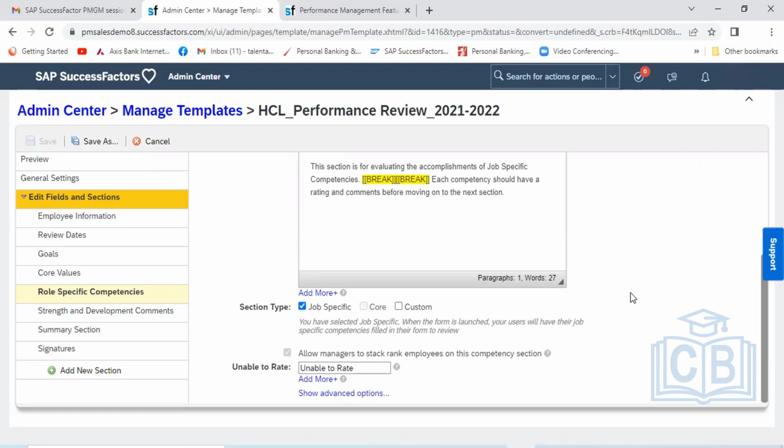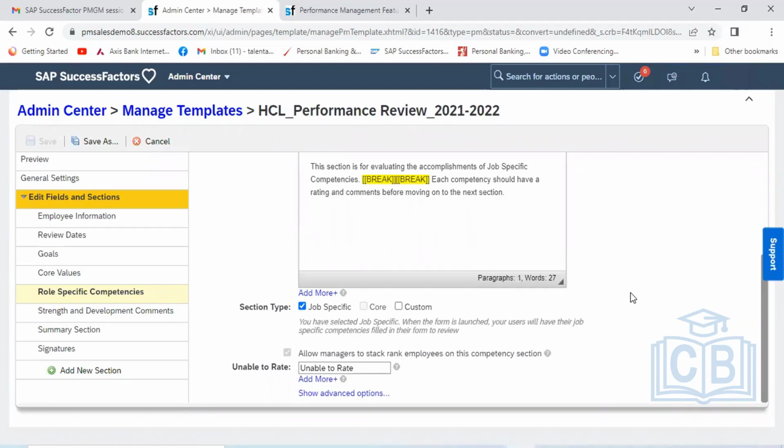Whenever we are hiring some person, we do the mapping of the position in the add new employee. So when you are mapping the position to that particular resource, that position should have some competencies also, isn't it? So how can we add those competencies? Either from the SuccessFactors standard library, or you can add custom competencies into the library.